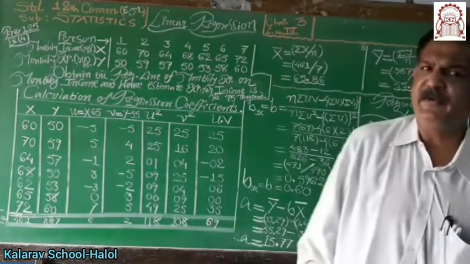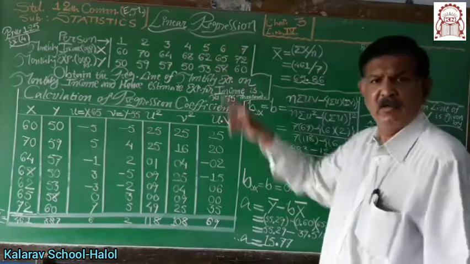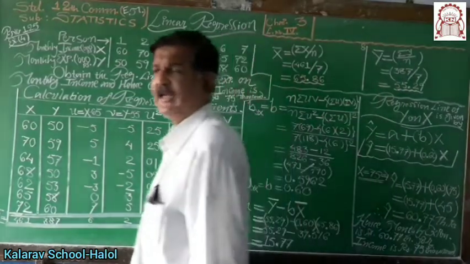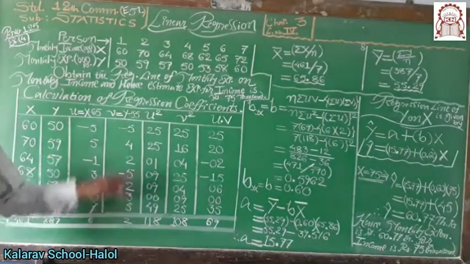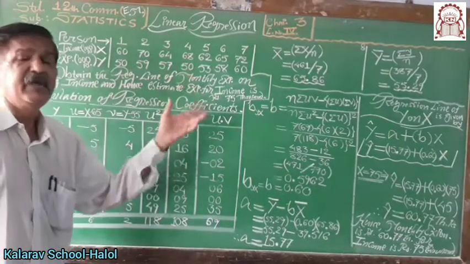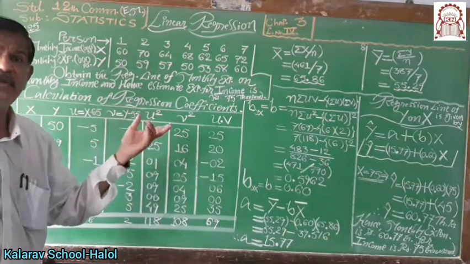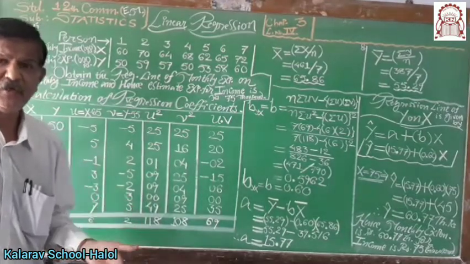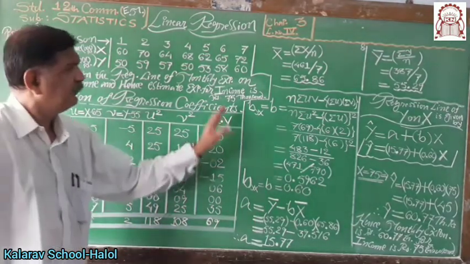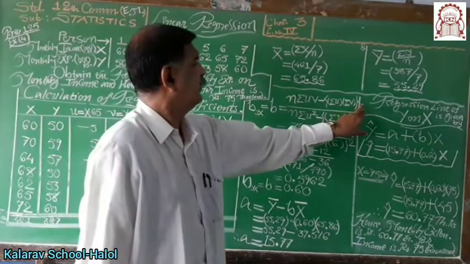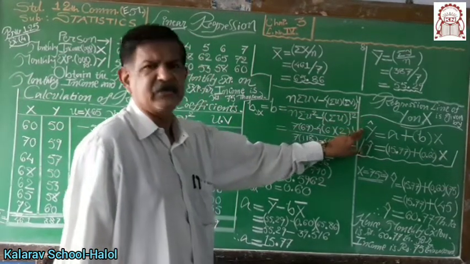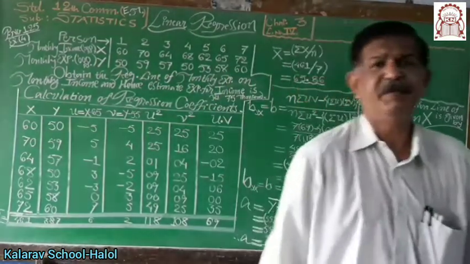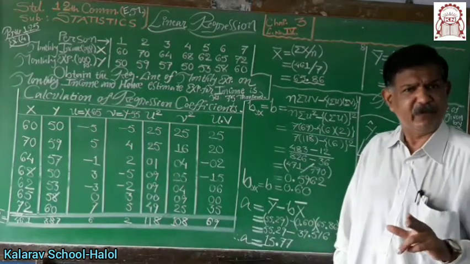So in this chapter, chapter number 3, linear regression, practical examples, numericals, we proceed further. Now in the next lecture, we are going to see that the value of x and value of y are divisible by some value. For example, each value of x is divisible by 5, each value of y divisible by 10, or by 100. Then what to do? How to do the example? Nothing. In this formula, numerator Cy upon denominator Cx is only the change, nothing else. Means the chapter is so easy.